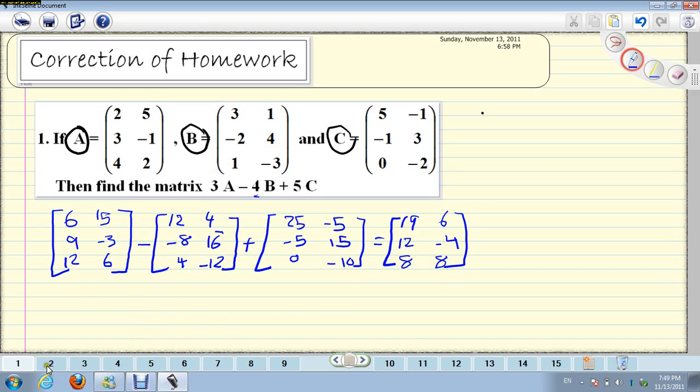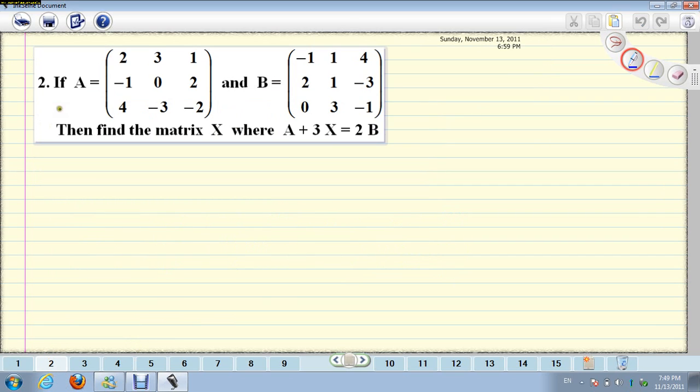Okay, this is question 1. Let's see question number 2. A simple equation of matrices. Find matrix X where A plus 3X equals 2B. Okay, simply first step, there are many ways we can do such questions. First way, I'm gonna write this. I'm gonna move A to the next side with 2B. So 3X equals